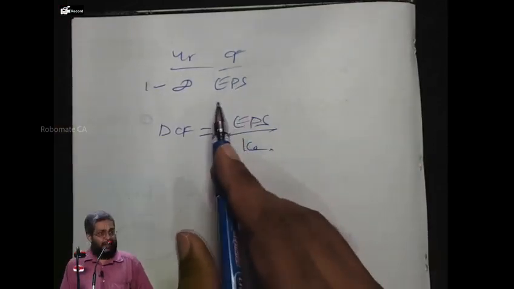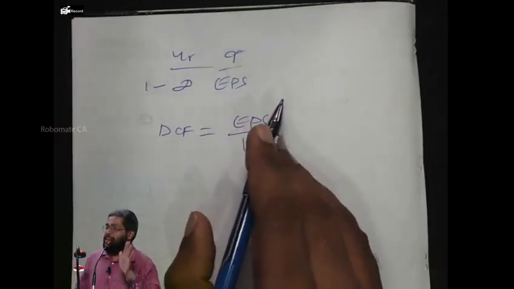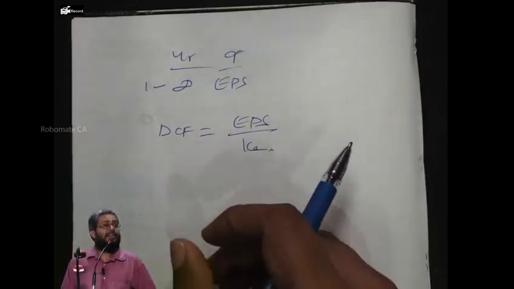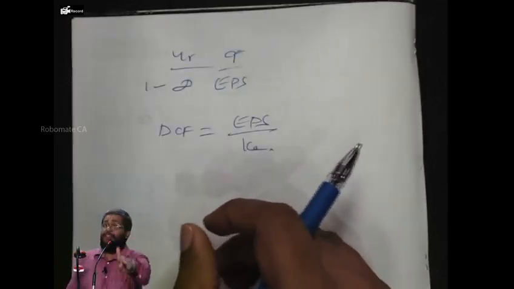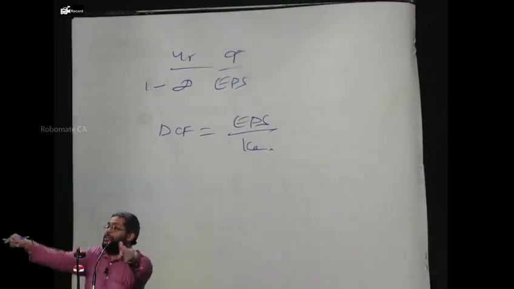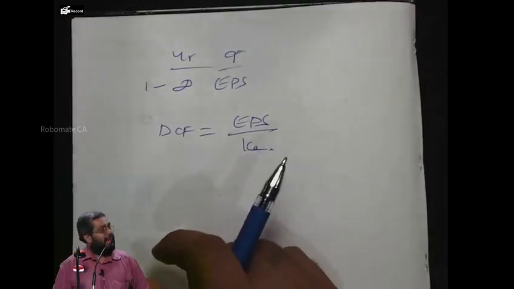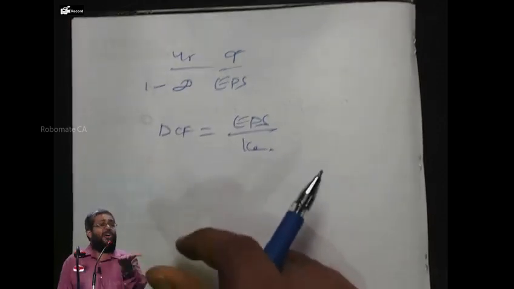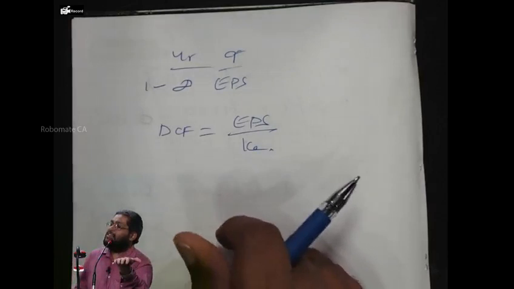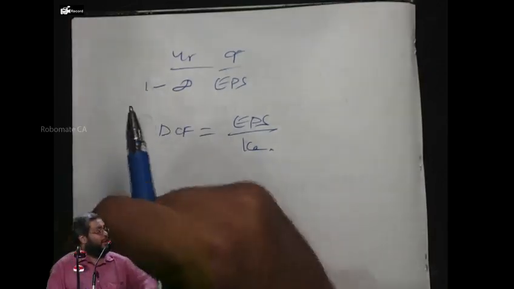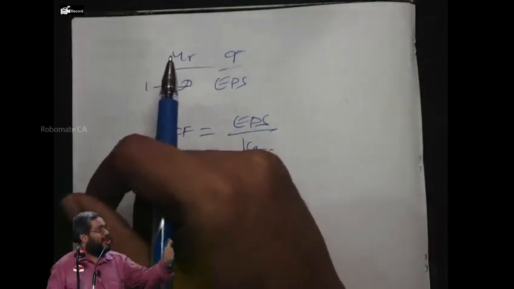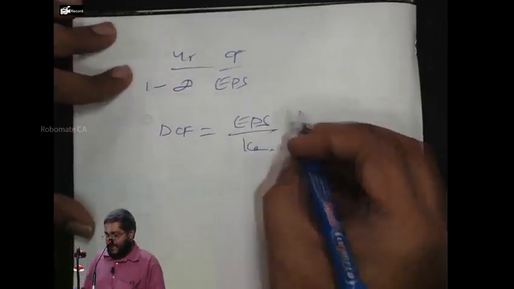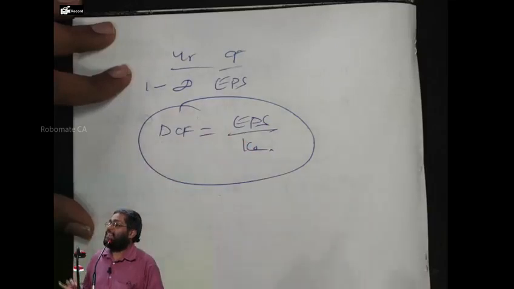In that case, the dividend also is 10 rupees. The dividend in the first year is 10 rupees. Second year, how much dividend? 10 rupees only. Dividend will not grow because there is no retention to give me growth. That means it becomes a constant dividend model. The constant dividend is constant earnings also because I don't grow. The entire earnings is given as dividend. Accepted? In this case, the value of the share is EPS by KE. Everybody accepting this formula or not?